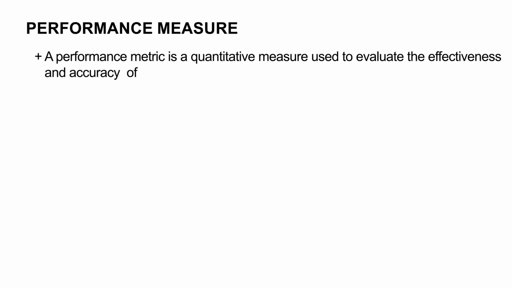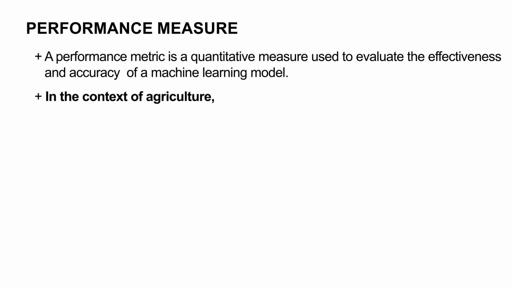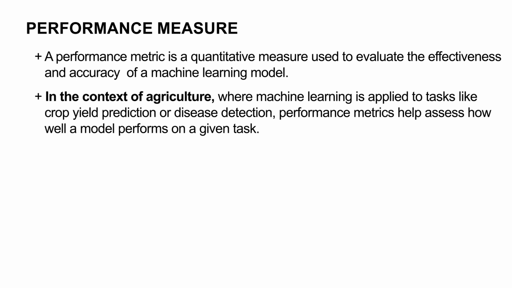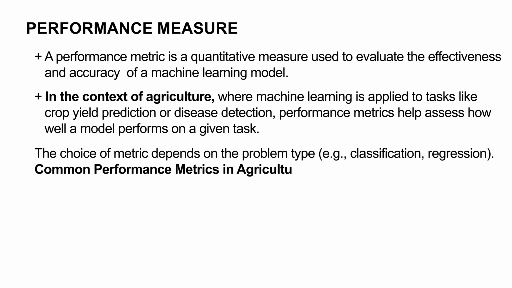Performance measure. A performance metric is a quantitative measure used to evaluate the effectiveness and accuracy of a machine learning model. In the context of agriculture, where machine learning is applied to tasks like crop yield prediction or disease detection, performance metrics help assess how well a model performs on a given task. The choice of metric depends on the problem type, e.g., classification, regression. Common performance metrics in agriculture include: